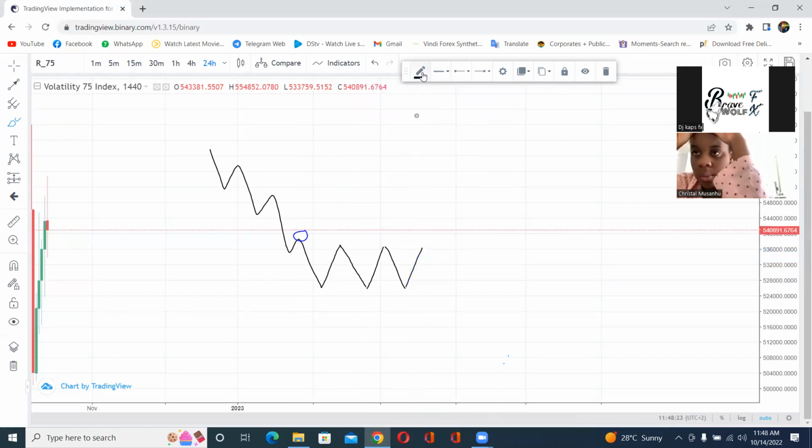Okay, and then let me do it like this. It hit it for the first time. Some of the people call it touches. This is the first touch. This is the second touch. This is the fourth touch. And here is the final touch on the top. You understand? So what we are trading, we are going to risk because we see on this level, on